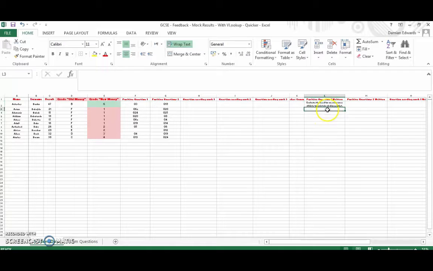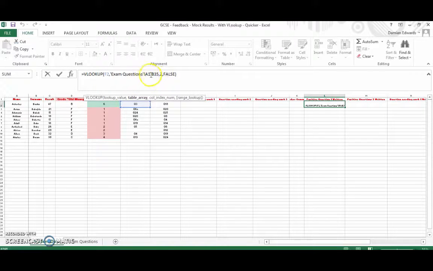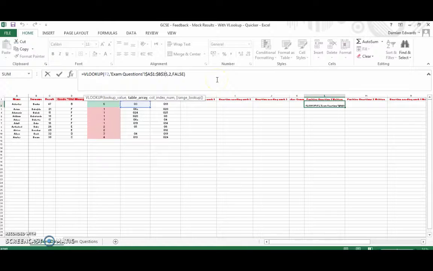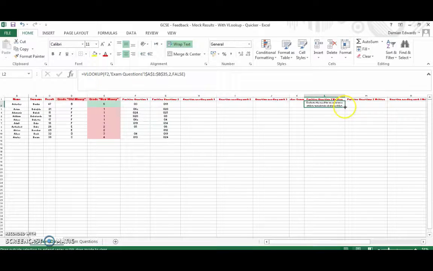If I want to make it do the same thing across all of them, and make sure that it only looks in those tables, I have to have dollar signs within this bit here, because that forces the computer to only look in the table that we've already set it up to use. Like this, and that will force the computer to only look at that column here when I change the formula. To make it nice and simple, you just drag it down